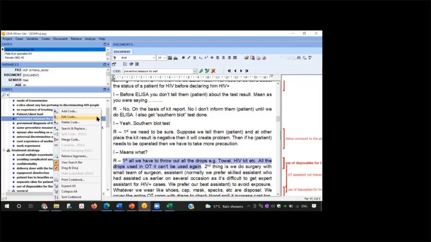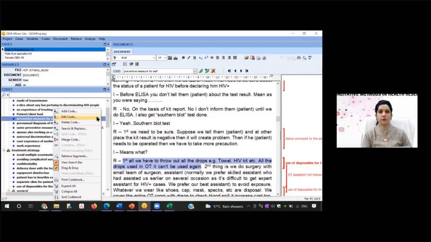Yes, but if many of you think that you can do it directly here, it is up to you. But when I was doing, maybe I should have all the codes together. So it was just to make the task easy. Otherwise, if you have got 300 codes, then definitely it is a bit difficult on this QDA Miner.